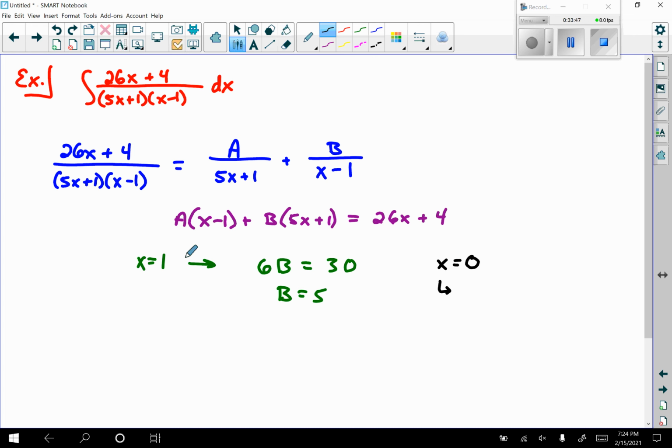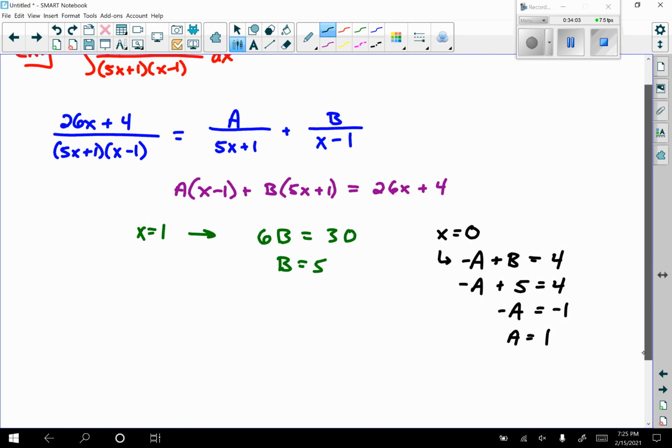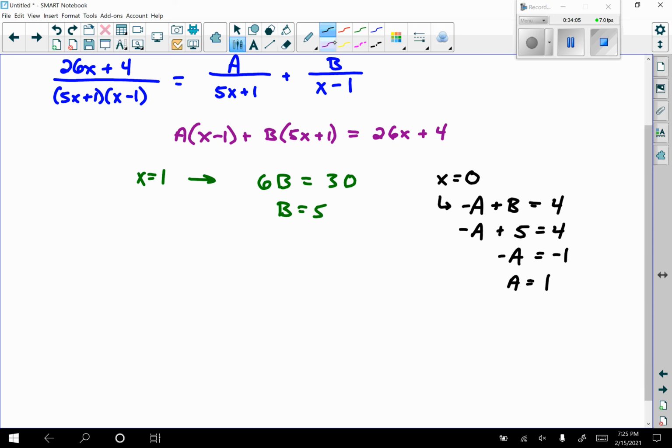Then we're going to get a negative a, and then we'll get a plus b. And then over here, this will just leave us with a 4. Now, b is already 5, so I have negative a plus 5 equals 4. This means negative a is going to equal a negative 1, and a equals 1. So I found the values for a and b. So now I could say that the integral of 26x plus 4 over this denominator